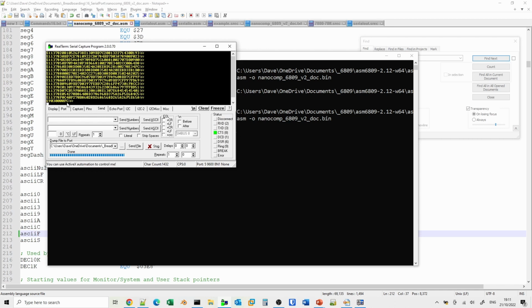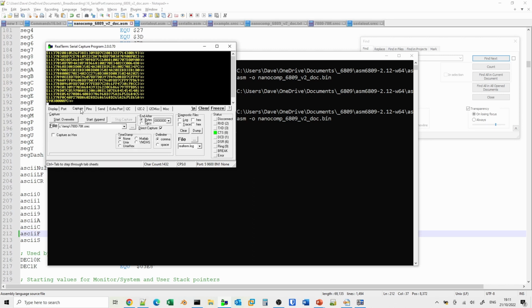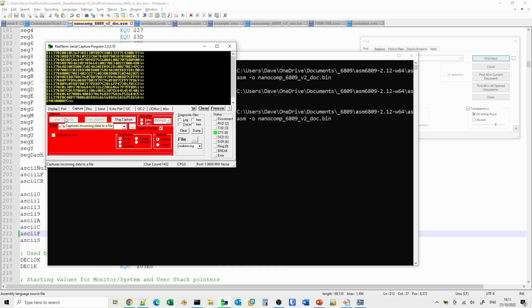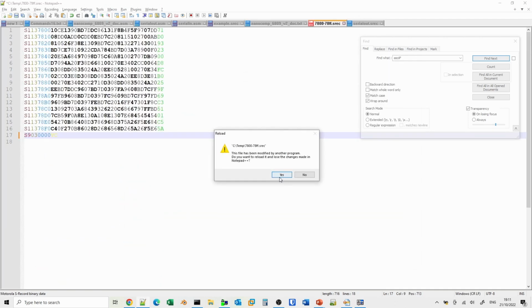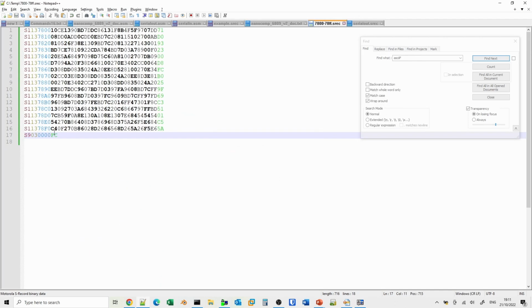I'll do this again, and we're going to capture. We're just going to capture this file again, and hopefully it will overwrite it. We're going to start overwrite. So we're just going to do this one more time. So save 7800 to 78F, and then do start overwrite F. And that should have finished. It's finished, yep. Stop capture, and now if we go back to here, we should find now, yep. And in fact now we've now got the correct value.